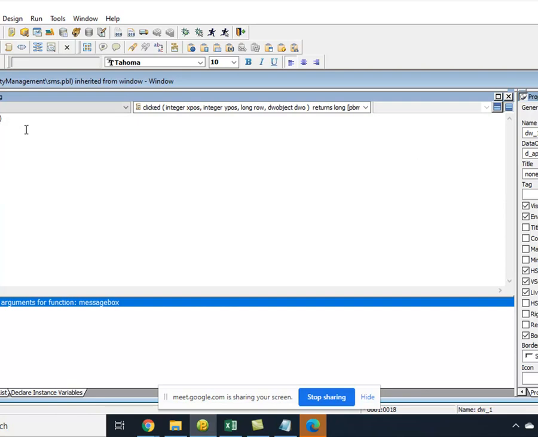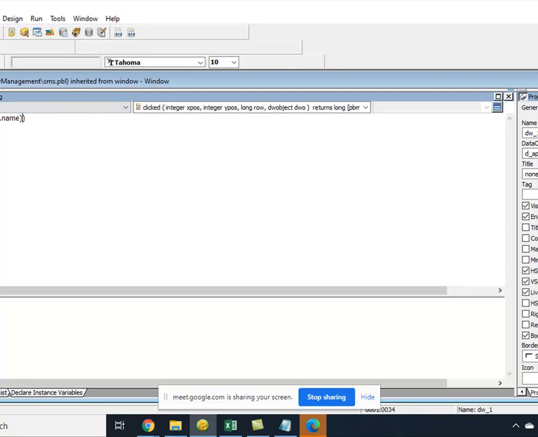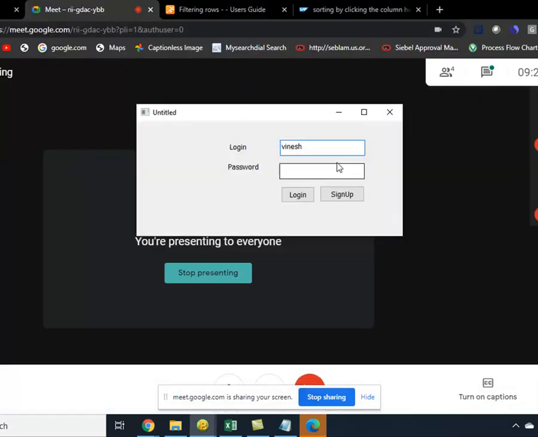I think it is written correctly. Why is that so strange? It returns a string only. Let's check what it returns.